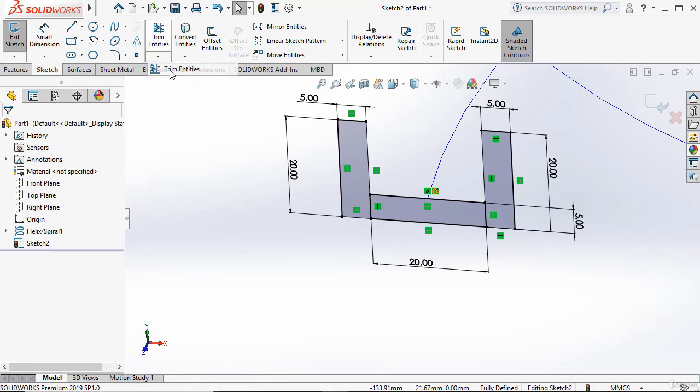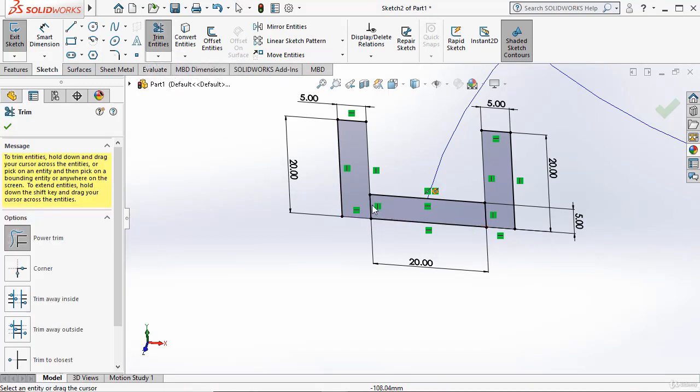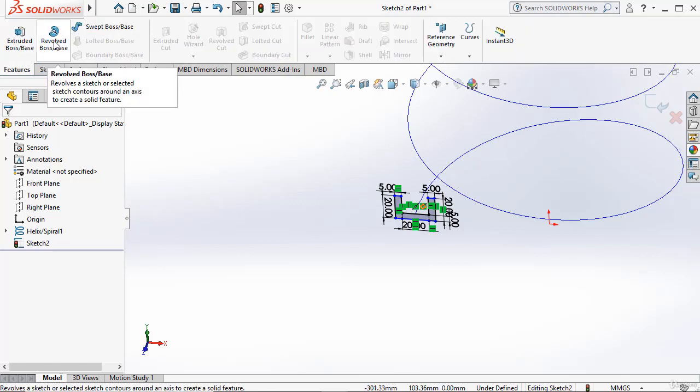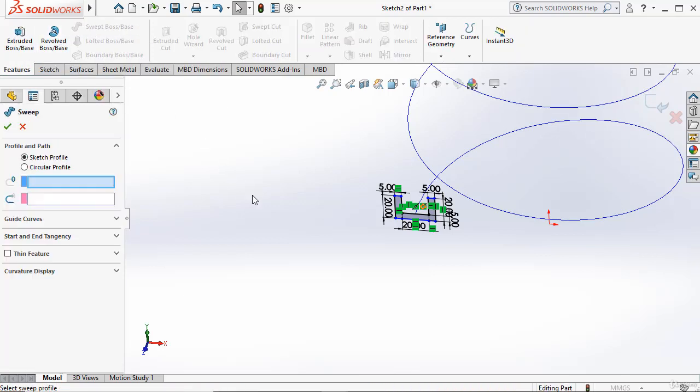trimming the extra portion. Yeah, done. And now I can go for the swept bars. So swept profile,